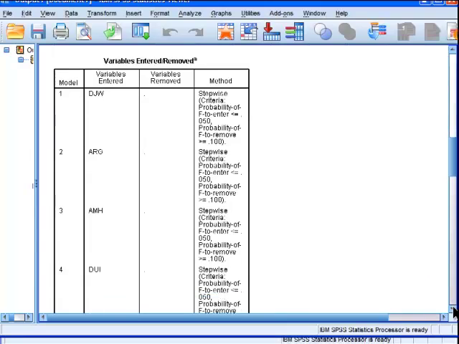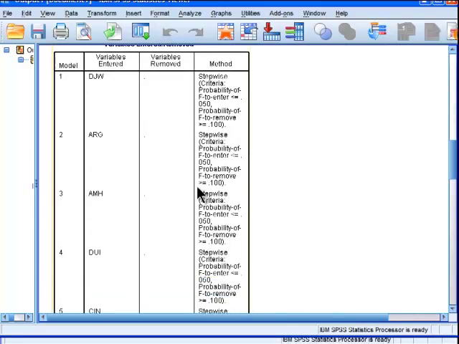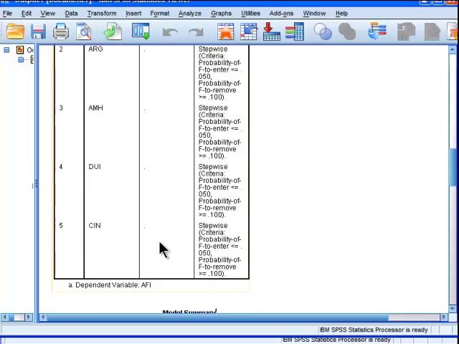And then we get a table of the variables entered and removed. So I was right, DJW included first, and then ARG, and then AMH, DUI, CIN, and then it stopped. So after the inclusion of 5 independent variables, the multiple regression based on the stepwise method decided to stop because it could no longer find